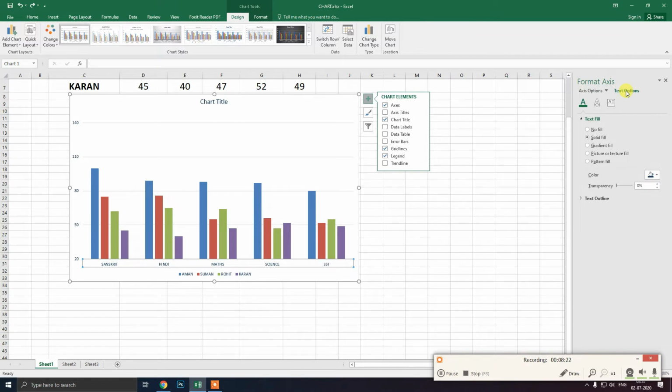Suppose whatever you have written here, that Sanskrit, Hindi, suppose very lengthy text is there, at that time we have to tilt the text, because it will not be able to cover the space there. So for tilting the text, if the length of the text is very large, then you have to tilt it.